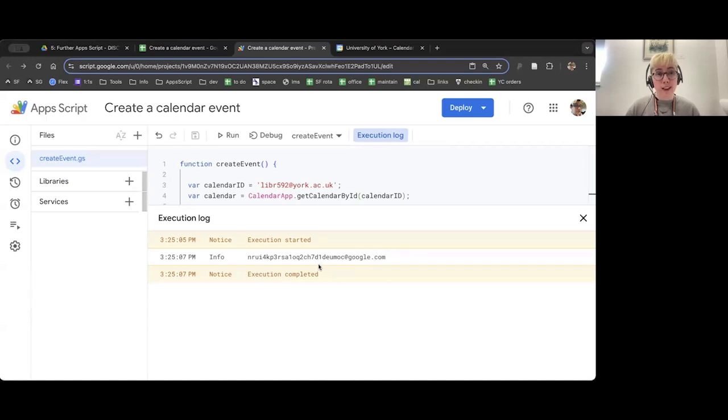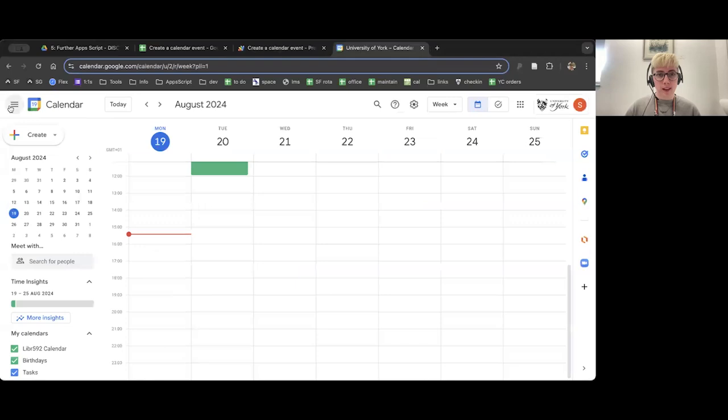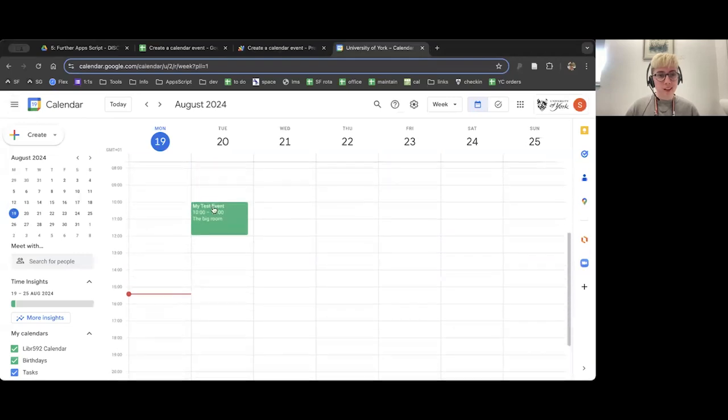But the real thing you need to go and check is, does it exist in calendar at the date and time you told it to go to? So let's click over to calendar. I'll just go back into my calendar. And here's my test event where I put it in. If you don't see your test event, double check what date and time you said it should go for. And if you don't see it there, go look on the 1st of January 1970. You can search up here in calendar if you need to actually go and search to find that calendar event.